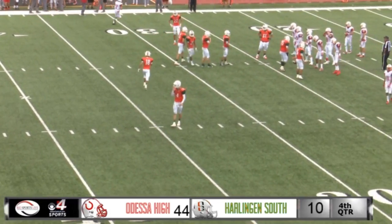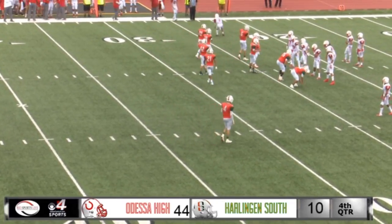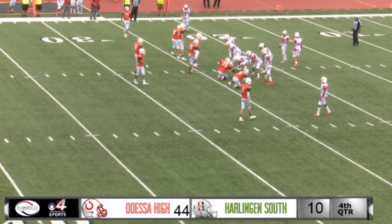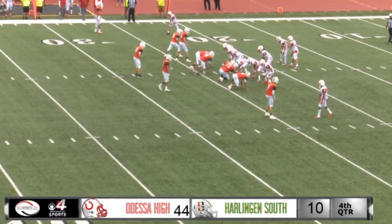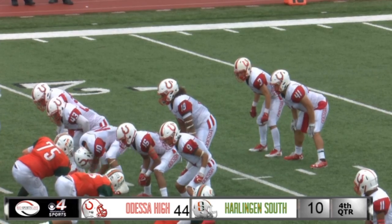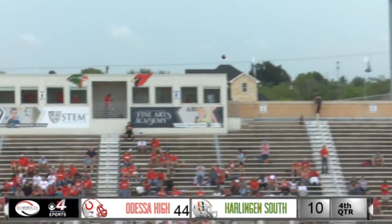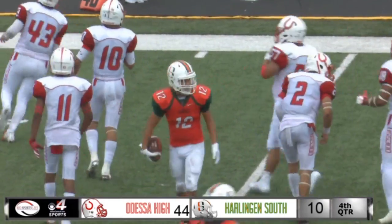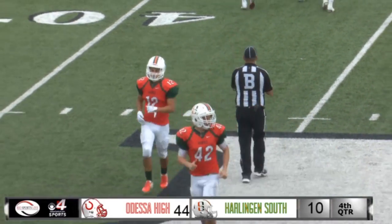Punt unit coming out for Odessa High. And South set to return this one. They're going to have number 12, Gabriel Perez, ready to return for the South Hawks. Punting this punt right now. So under 5 minutes now, 4:54 remaining. 44-10 is your score. Odessa High well in control of this game so far. Punt will be fair caught by number 12, Perez. And the South Hawks offense will take the field. Gabriel Perez, fair catch at the...